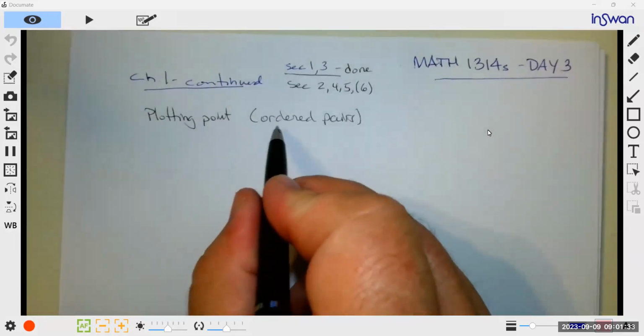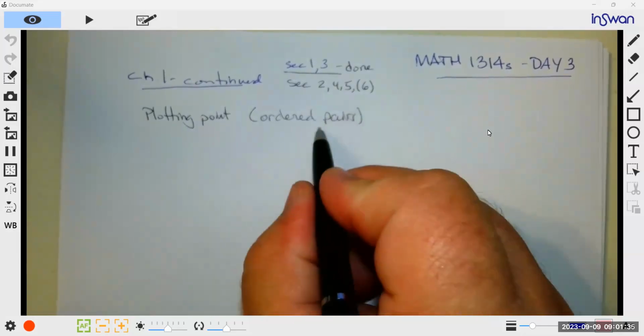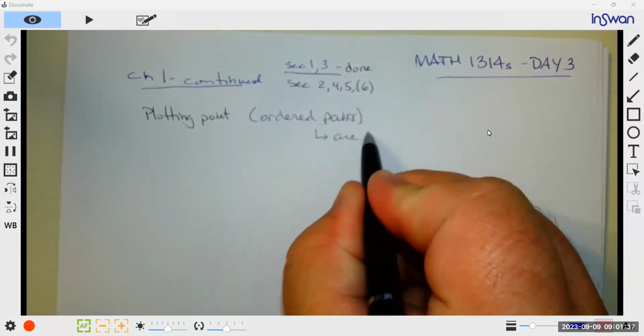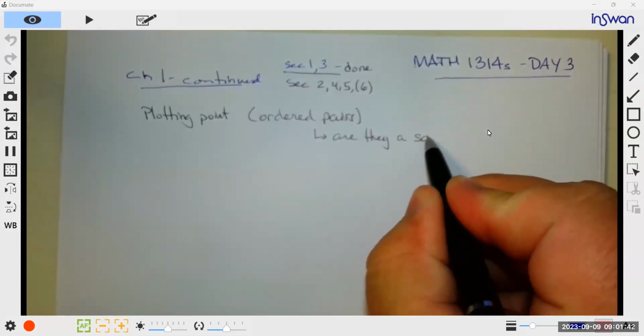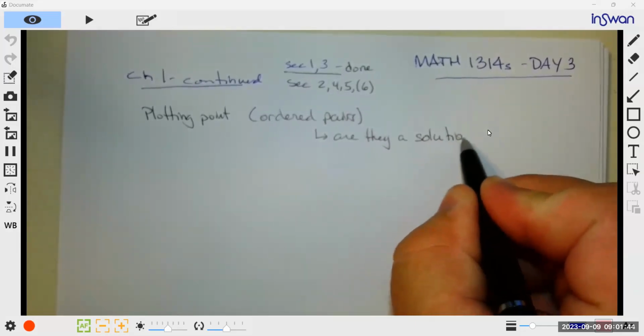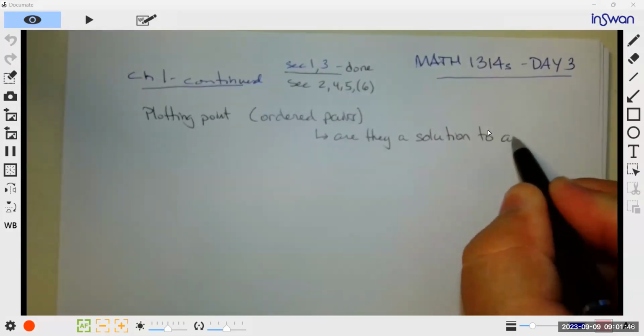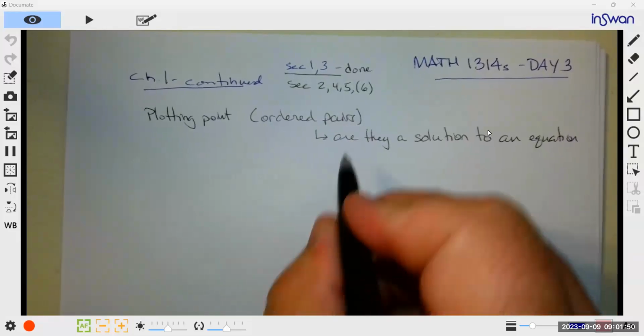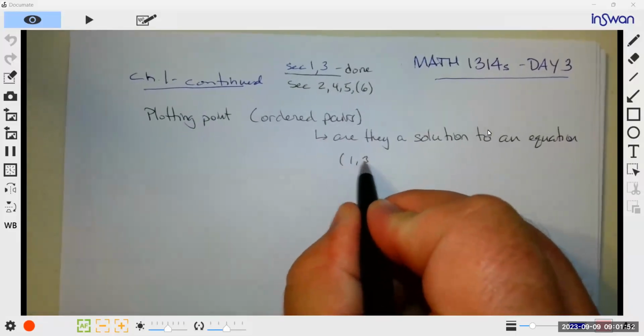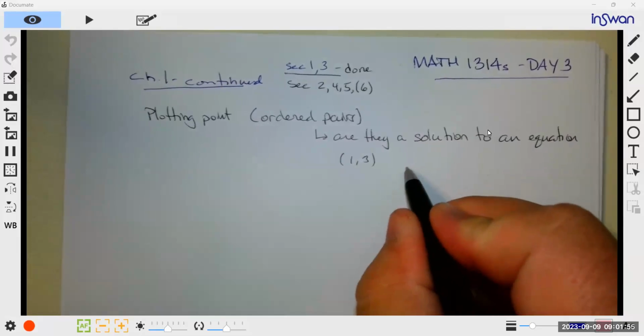We looked at are the ordered pairs a solution to an equation? Remember, so I said, is the ordered pair 1, 3 a solution of the equation